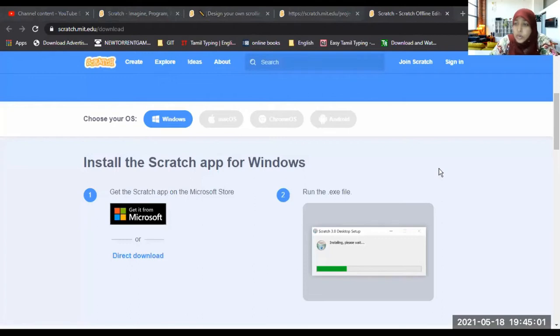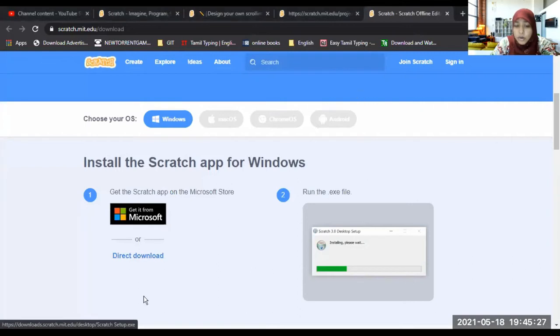Before I teach you how to make games using this, Atif, you try and see whether you can download it or not. The people who have notepads and tabs, download and see whether you can download it to your tabs and notepads. Click on this download, direct download. When you click on this direct download, a window like this will be opened for you.